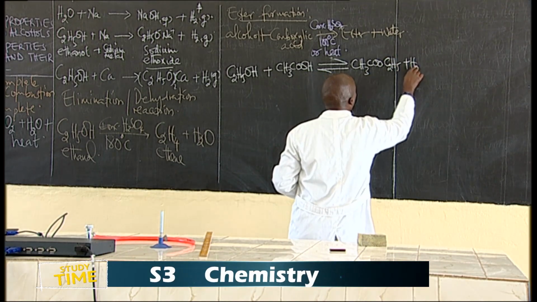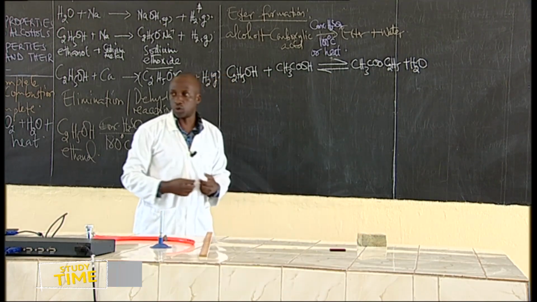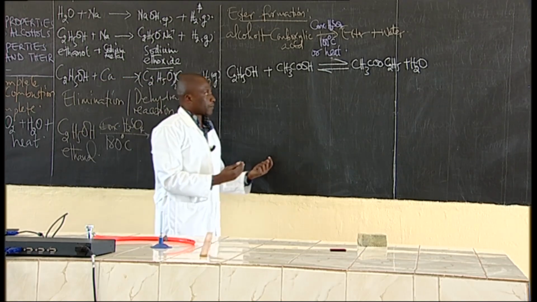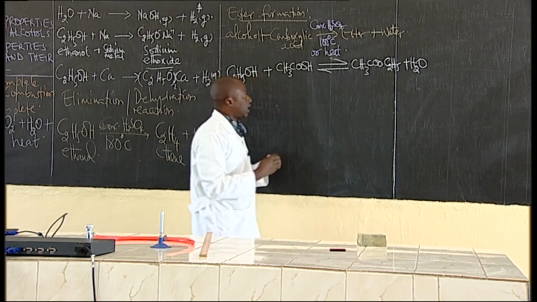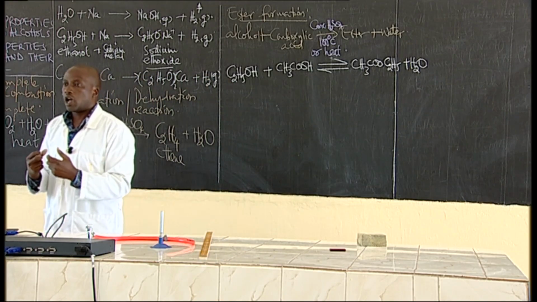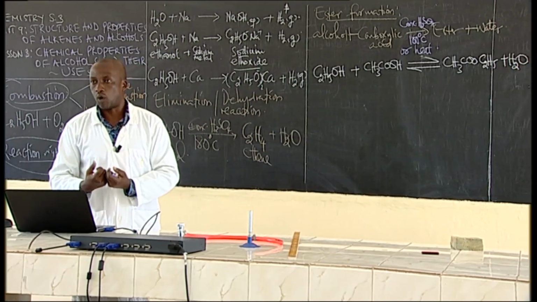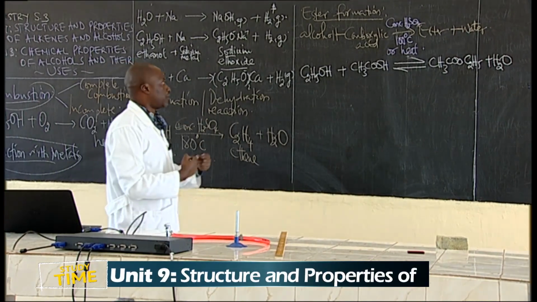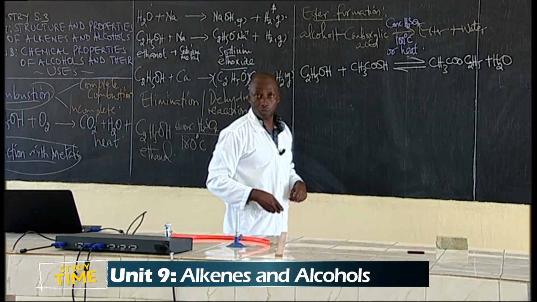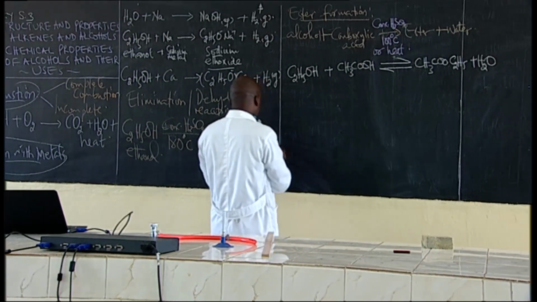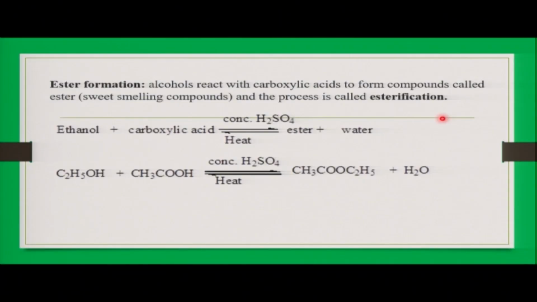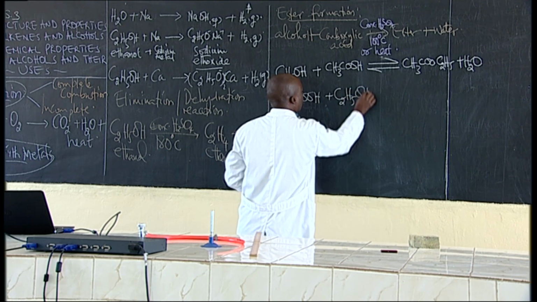C2H5 then plus water. How do we form the water? So we said, let us get the way how these esters are formed. The simplest way of how the ester is formed from these two organic compounds. So what I can do here, let me first write the carboxylic acid, then I add this alcohol, C2H5OH,